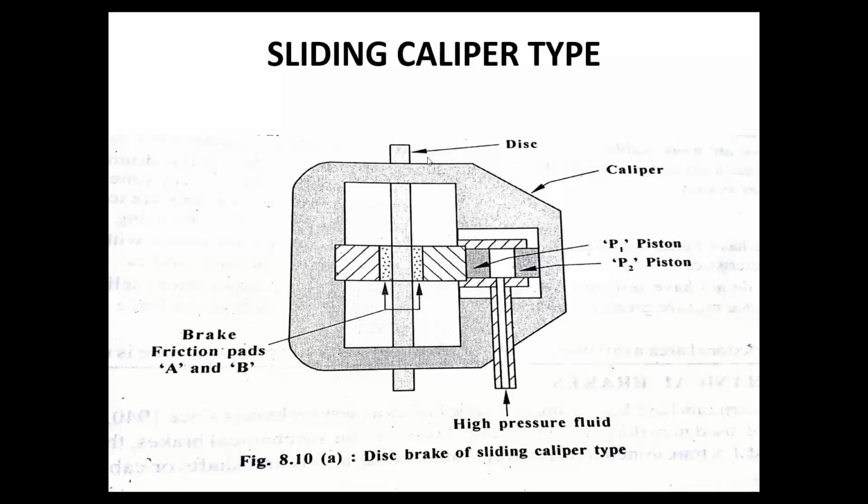Whenever you apply the brake, the name sliding caliper is given because the caliper, the box type arrangement you can see in the sketch, itself can move, right? Whenever the high pressure fluid flows, I'll take the pen so that I can demonstrate clearly. See here, whenever you press the brake pedal, the high pressure fluid will flow through this line and it will push the pistons P1 and P2 simultaneously. So when the piston P1 is pushed, the caliper will be directly